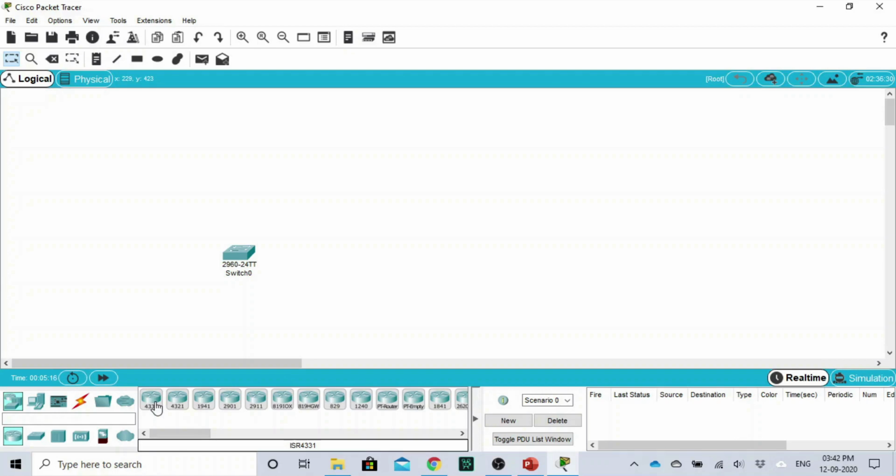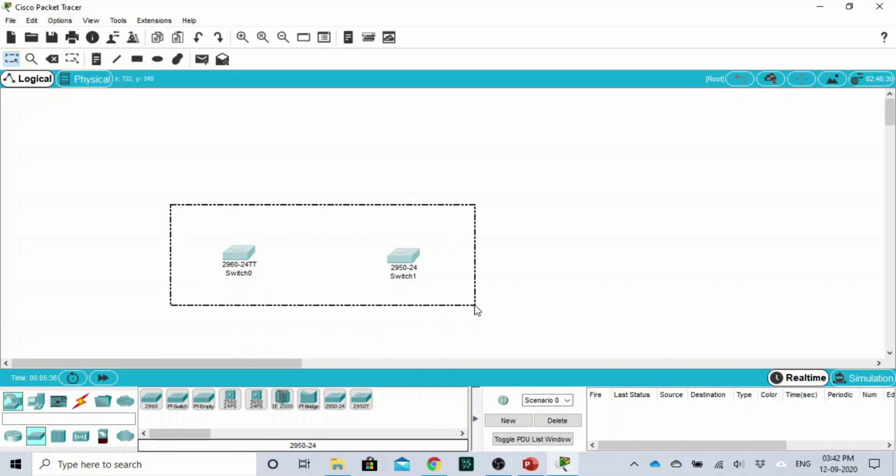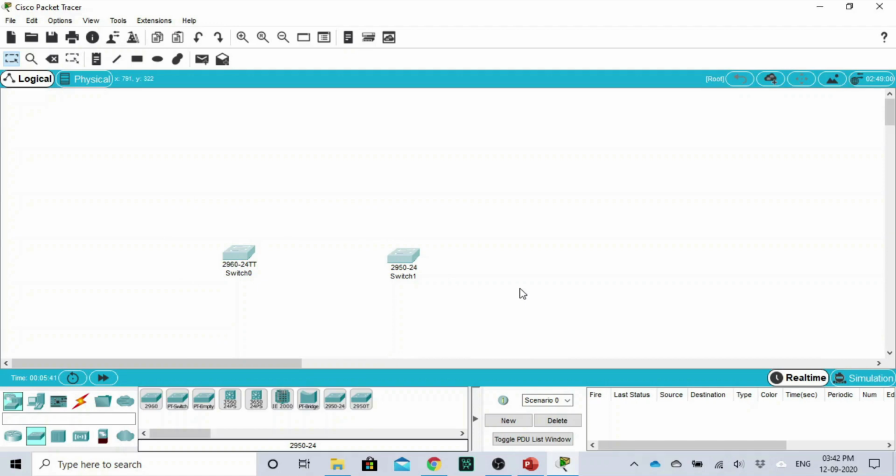Like this, if you want to connect multiple network devices, you use a router. If you want to connect same network devices, you use a switch. Okay, there are multiple types of switch. According to your usage, you can drag and drop any switch. And again, if you want to delete it, choose the switch, then click or press the delete key.